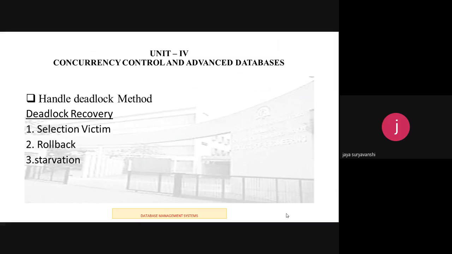Next is the rollback. After finalizing the transactions to be rolled back, we have to decide up to which previous point it should be rolled back. The rollback operation has two major types: total rollback and partial rollback. In the total rollback, abort the whole transaction and restart it, and in the partial rollback, roll back the transaction only as per the necessity. But this format requires the system to restore the states of all the running transactions.